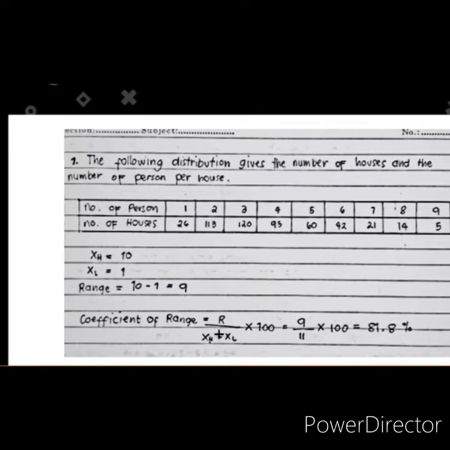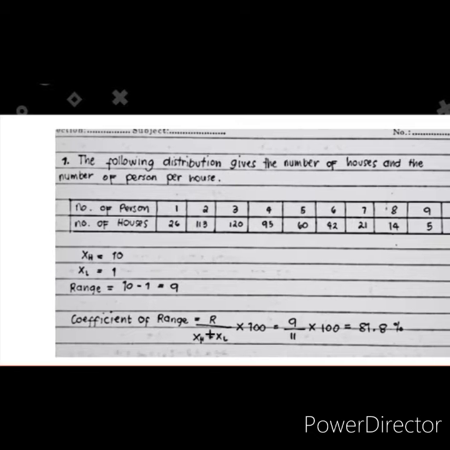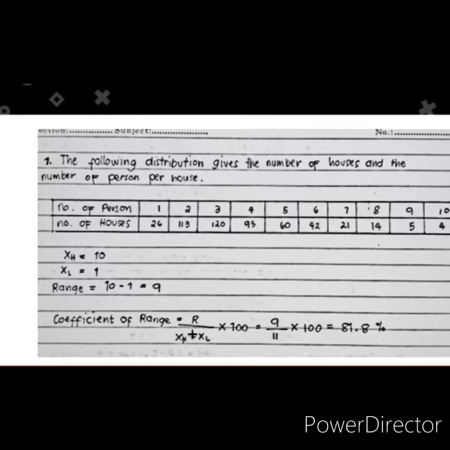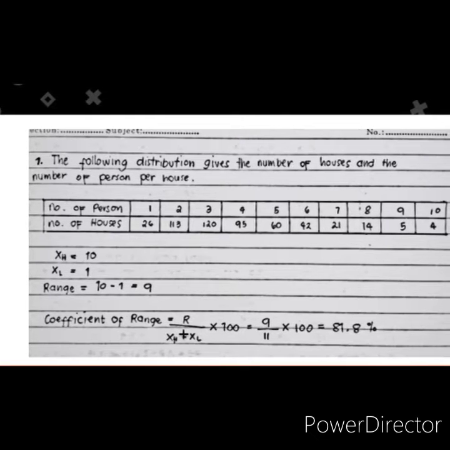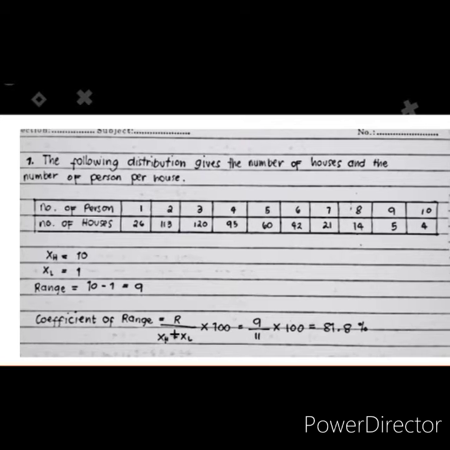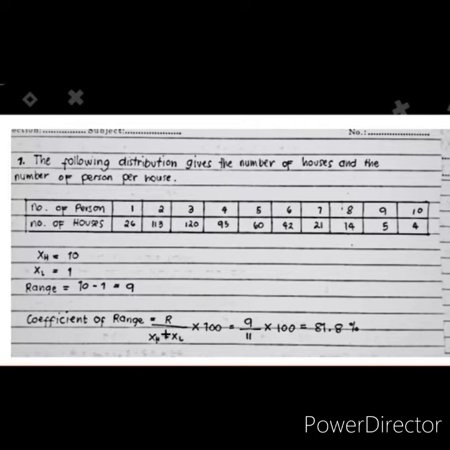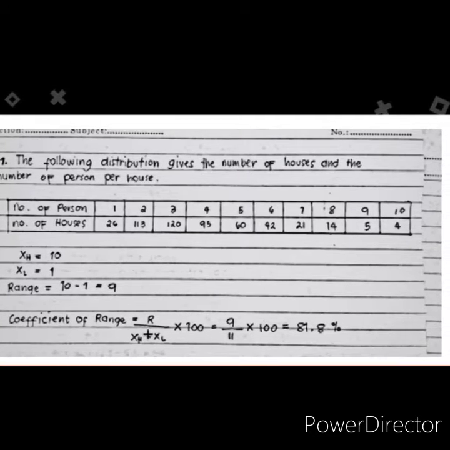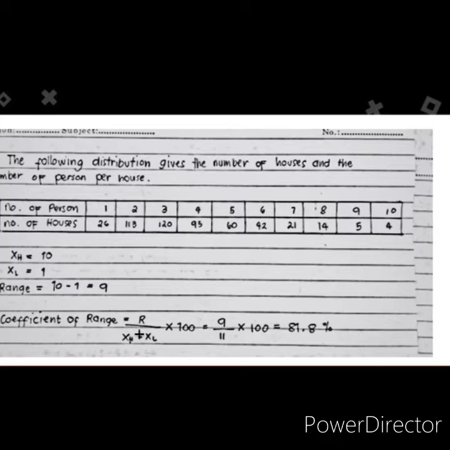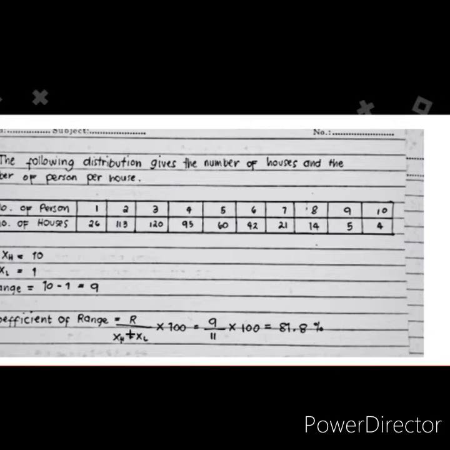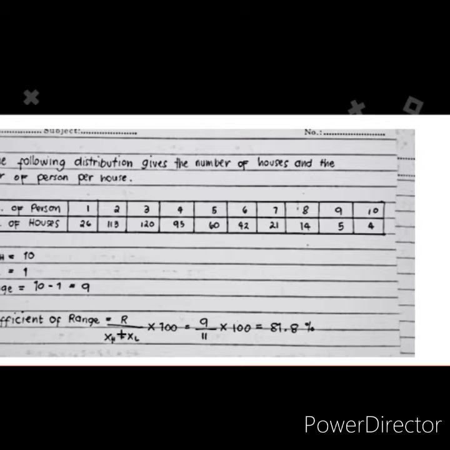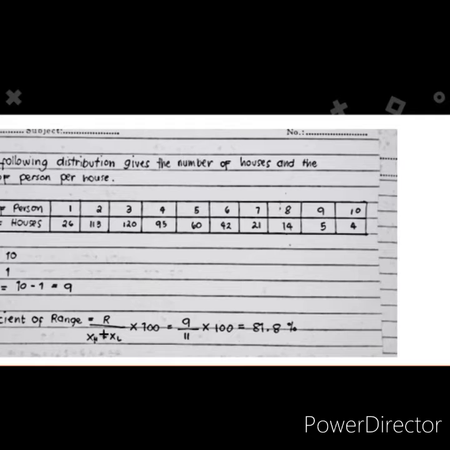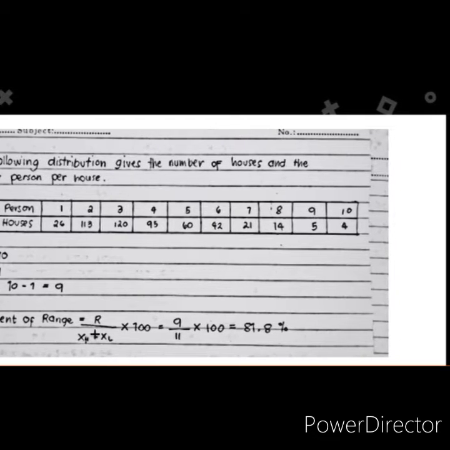We have here another example. The following distribution gives the number of houses and the number of persons per house. As you can see from the data, the highest value is 10 and the lowest value is 1. So the range is 10 minus 1, which equals 9. The coefficient of range is the range over the highest value plus the lowest value times 100, which equals 9 over 11 times 100, and the answer is